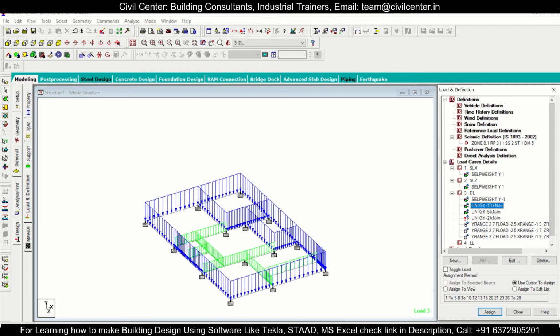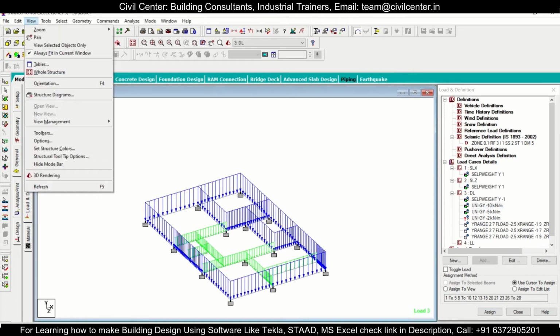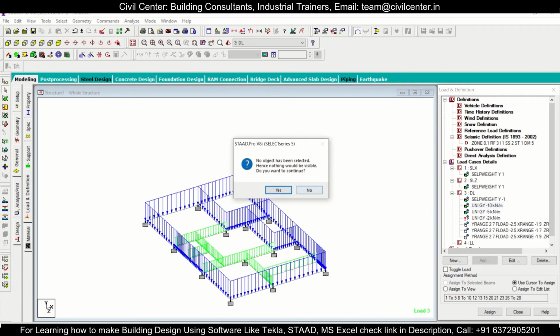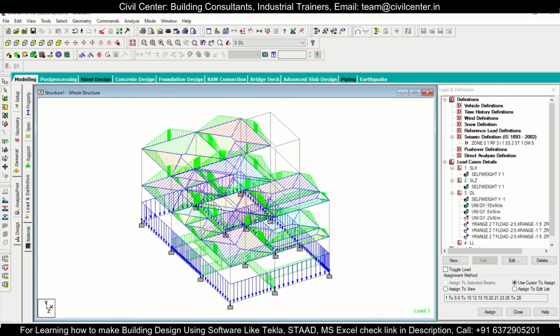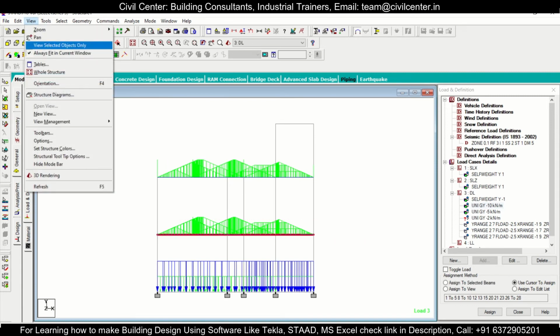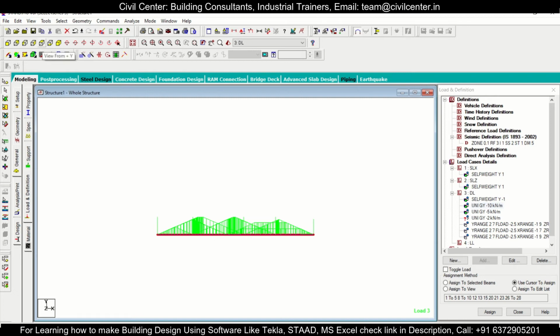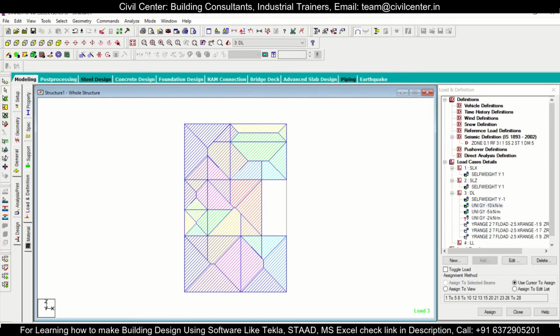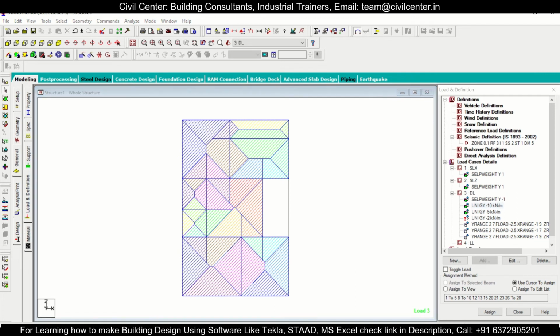So you apply the load carefully. We'll just do this as view selected objects only. No, so this will be the entire structure, and go to the front view. In the front view we'll select this particular level, and then we'll select view selected objects only. Go to the top view, and then we'll select this 5 kilonewton load, and then we'll just select assign